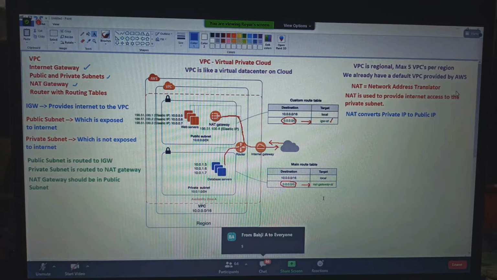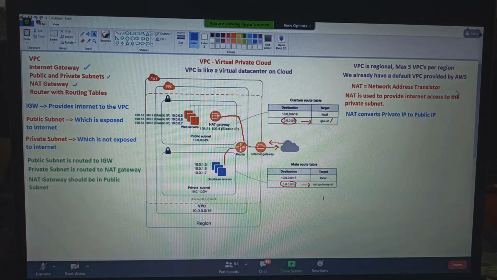Previously, I was doing that because there was no NAT gateways. Later, as clients or customers are facing this kind of issues, now AWS came up with the NAT gateway. NAT gateway is completely a service. How do we have load balancer? It's a service, right? The same way, NAT gateway is also a service from AWS. We just create the NAT gateway, serverless, and then start using it. So there is no NAT instance required.